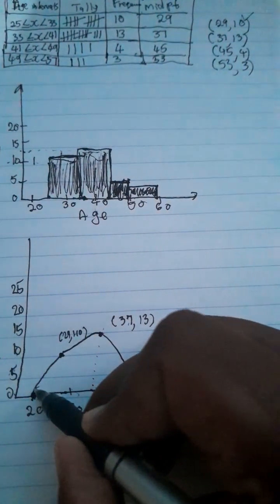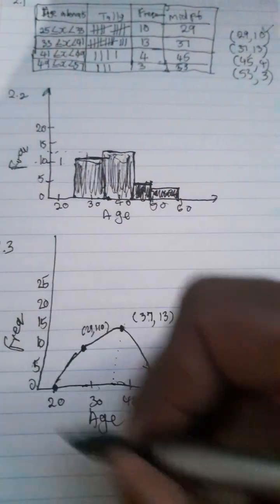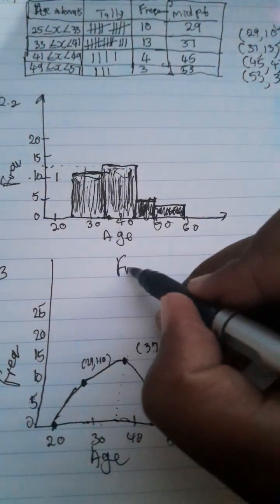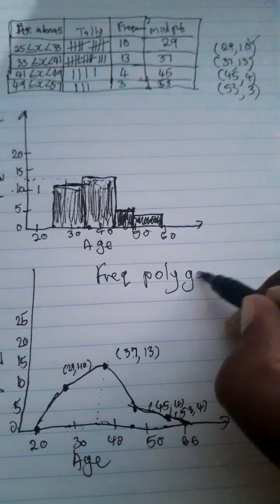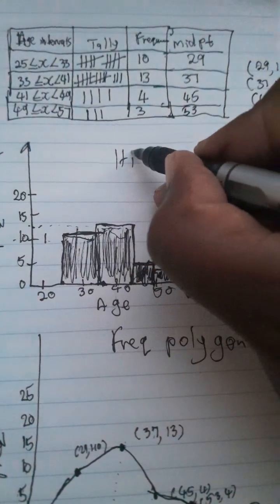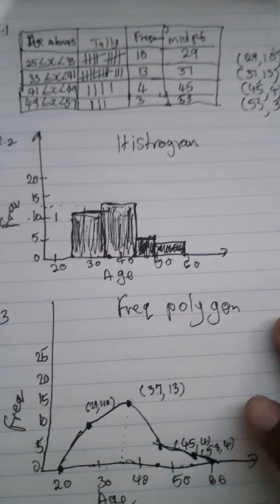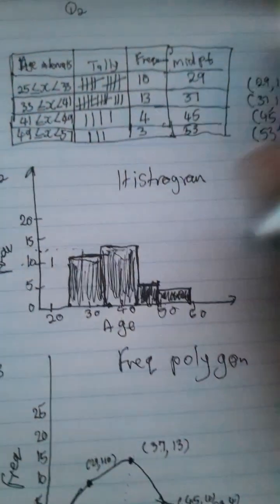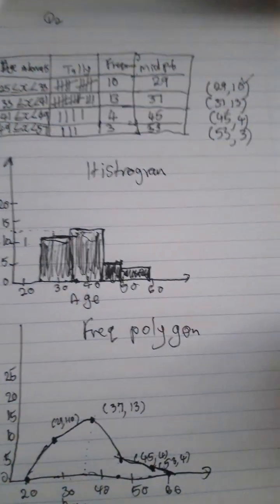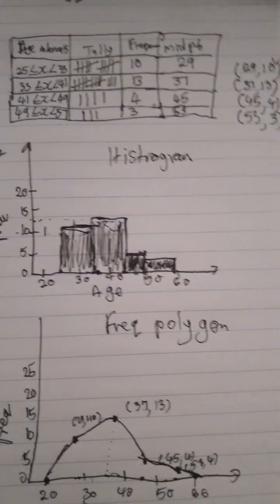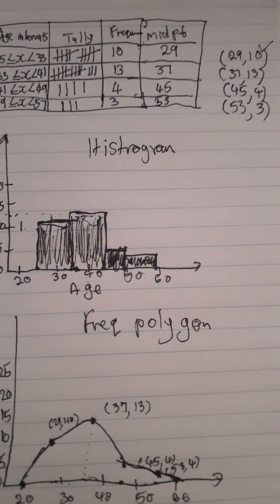Yeah, it will be a broken line actually. Mine, it's not going to be that accurate because I'm using a rough hand. So this will be a frequency polygon. And this will be your histogram. Remember guys, I'm just teaching you, so I won't be too accurate. So you'll use a ruler so that everything of yours will be great. I was just showing you and teaching you how to find those things, guys, and I hope you did benefit from question